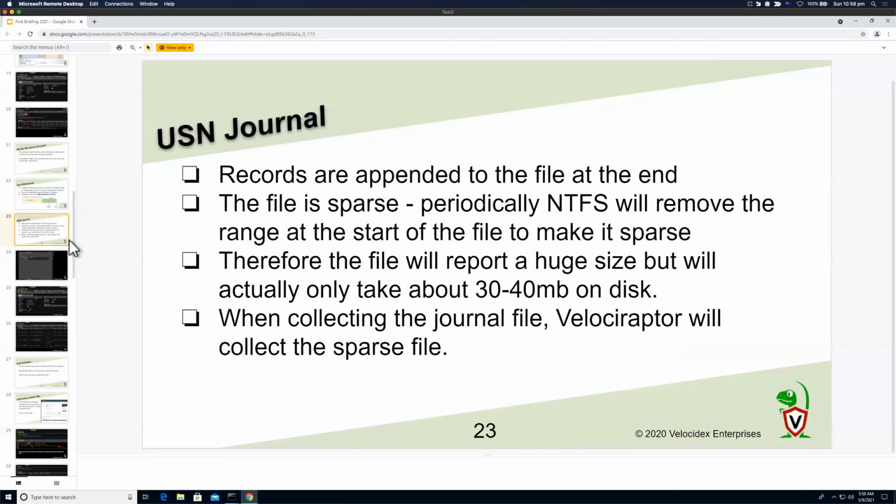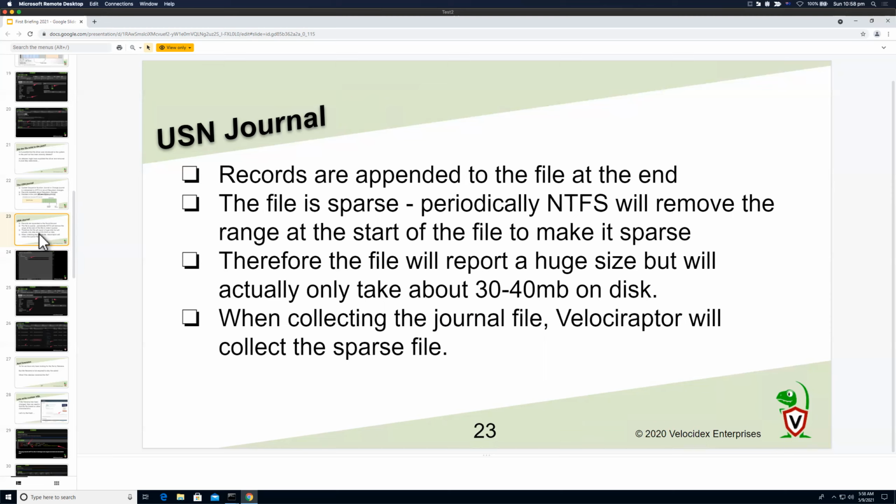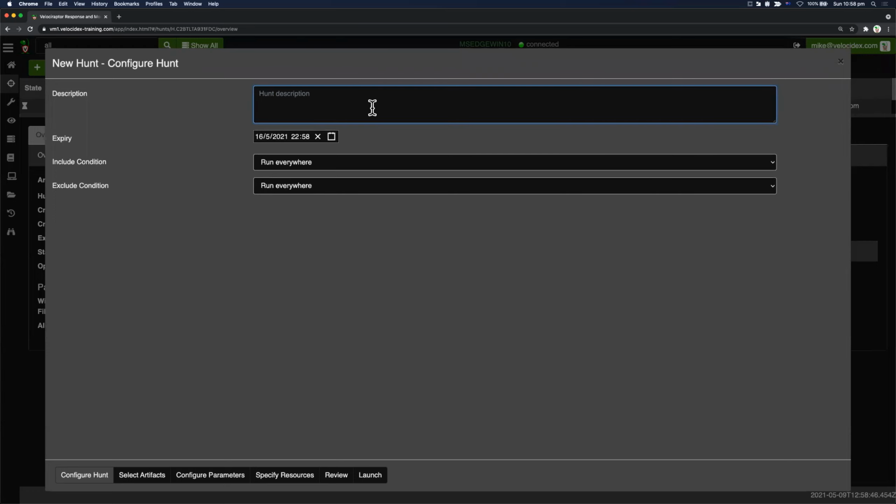It's a very powerful source of digital forensic evidence, because it tells us when a file was modified. The typical size of an NTFS USN journal is only 30 or 40 megabytes. This is the size that's actually valid, because as it gets written on this side, it gets deleted a little bit over here. That sparse hole kind of grows. So you're just getting a quick 2-minute overview of what a USN journal is, but that's really all we need, because right now what we need to do is simply create another hunt and search for